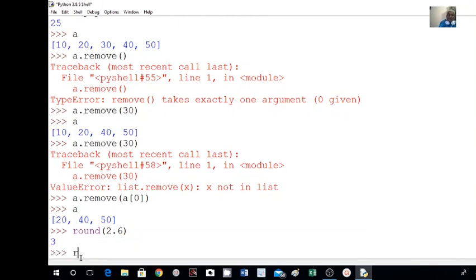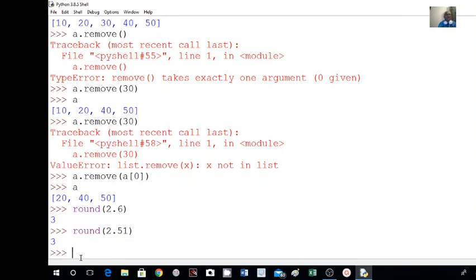Now if we write round 2.51, just above half, enter. Again I am getting 3. Now if I write round again, instead of typing, if the same command is there, what we need to do is just click on it, the cursor comes here, then press enter. Then the same command will come here. No need to type once again. Small commands you can type, otherwise you can take from the previous command.